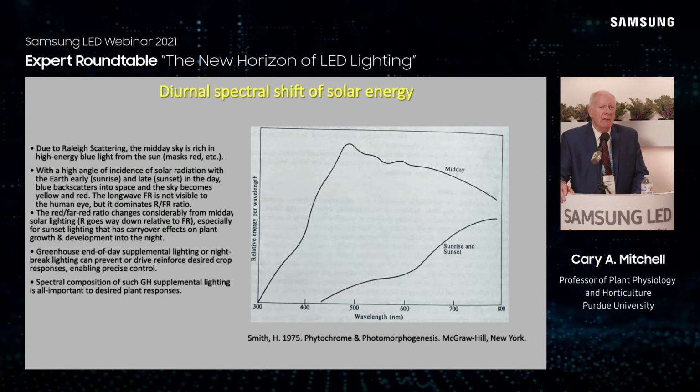But at the end of the day, when the sun is going down, the blue is backscattered into space, the red is way down, and the far red actually goes higher than red. So think of that phytochrome photoequilibrium, how that changes. And this occurs naturally. I leave you with the question, do we want to eventually get there with the greenhouse